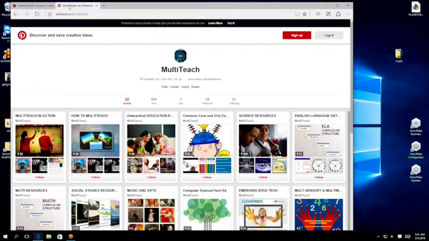I think that's a really powerful tool that's very important to emphasize, because it really opens up for multi-user collaborative interfaces where the kids can interact at the same time. And I showed you how easy it is to download, to create, and edit your own lessons in just a matter of minutes. And I wrapped up by showing you the MultiTeach lessons community, as well as our Pinterest account